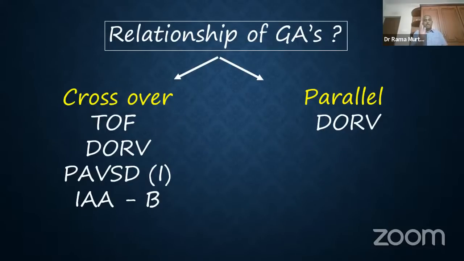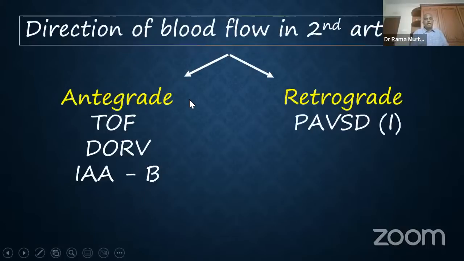It is not one kind of a relationship of the great arteries and of the overriding and of the calibers that we see in DORV. So crossover and parallel. So these are the questions that we must answer. And when you turn the color Doppler on, what is the blood flow in the second artery? In the overriding artery, it's easy to understand. It is committed to both the ventricles. The ventricles are pumping into it. It has to be antegrade.